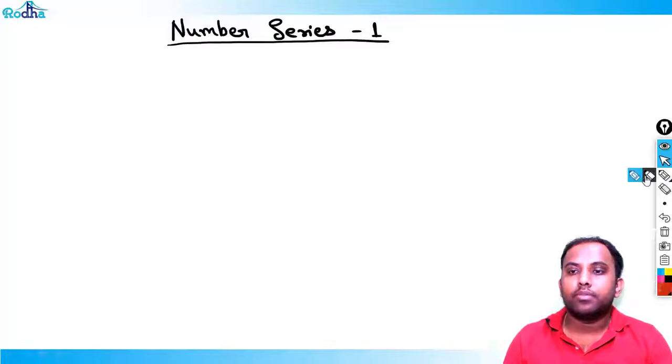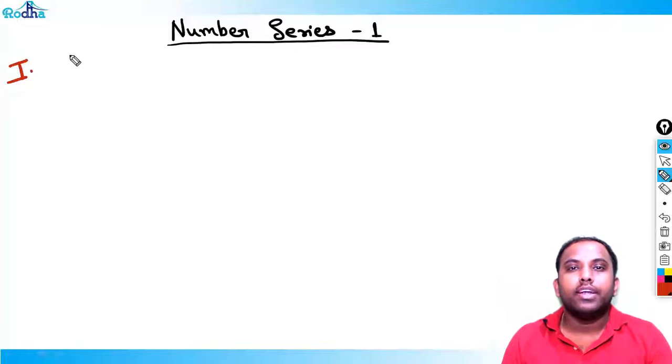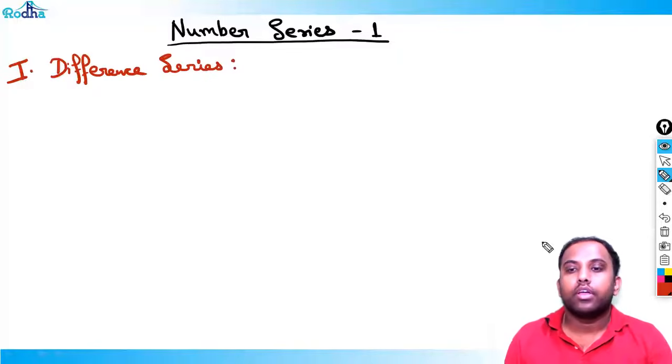First type of number series basically we'll see. The first type is where you get the difference. You get difference-wise series. From the difference, you can understand which kind of series it is. For example,